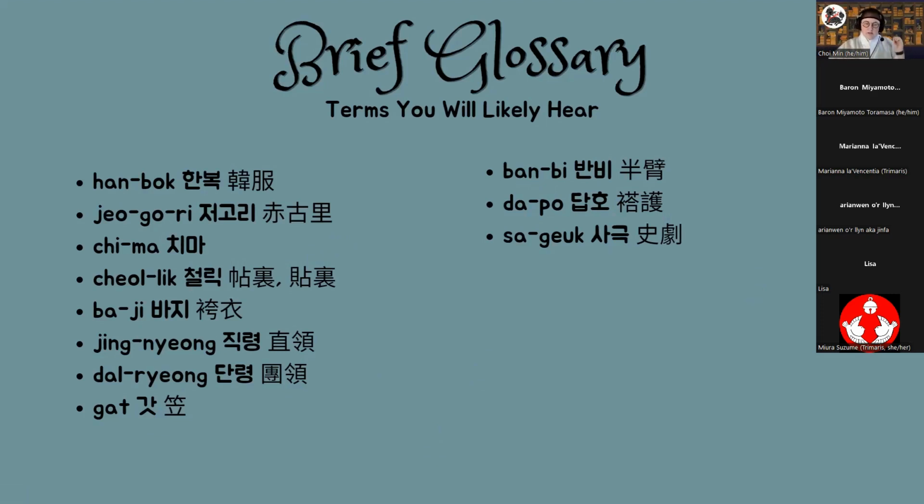And then saguk, I threw that in there because I use it as a term, but it's kind of related. Saguk is the Korean word for the historical period drama genre. So saguk can be fantasy, can be everything, but it's anything where it's a TV show filmed in period costumes or an attempt at period costumes. So I say, oh, that's in a saguk a lot, because that would mean it's just a historical drama.